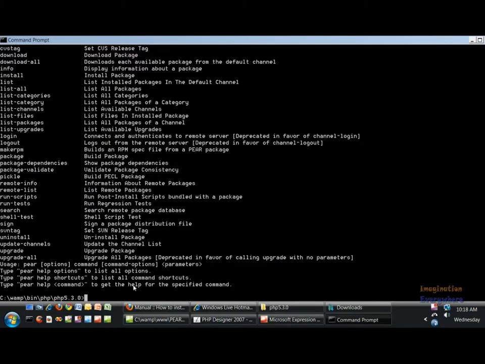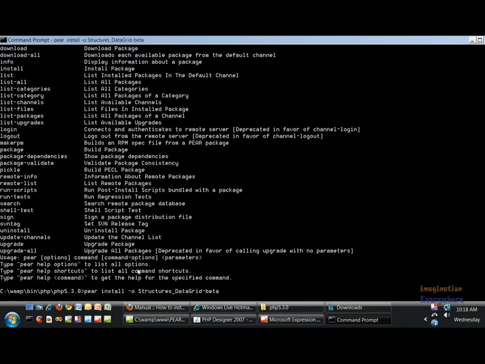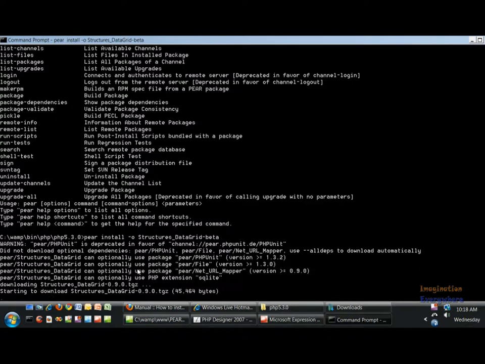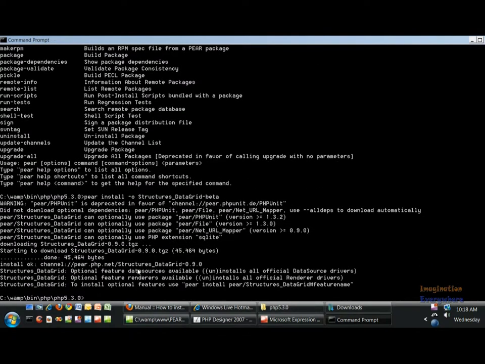Copy, paste, and install. Now you can see down here, structures data grid. To install additional features, use PEAR install PEAR structures data grid with the hash mark and then the feature name, right? So if we go ahead and do that, if we go PEAR install PEAR structures data grid,